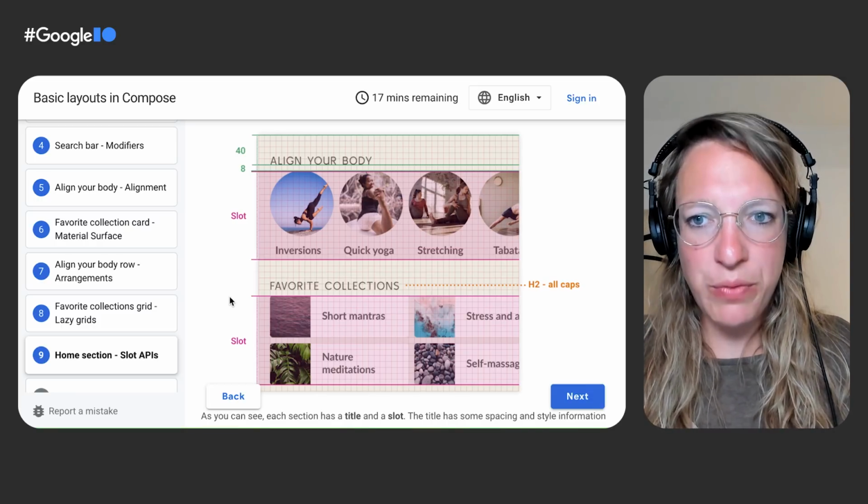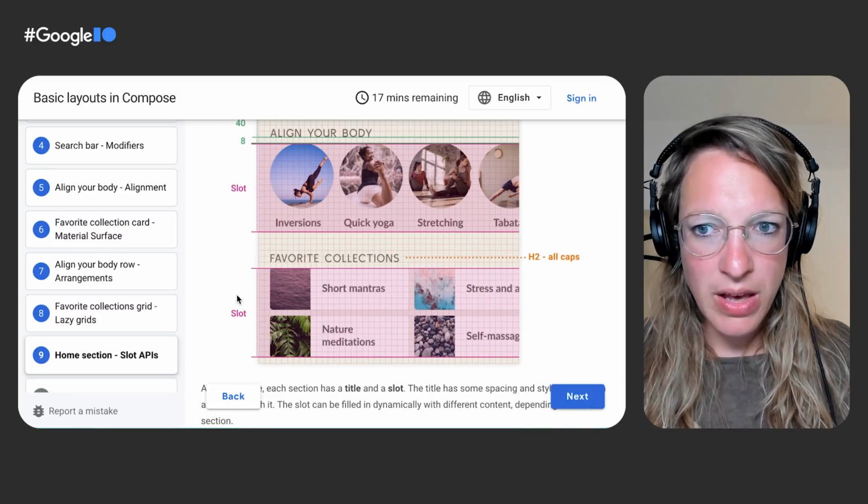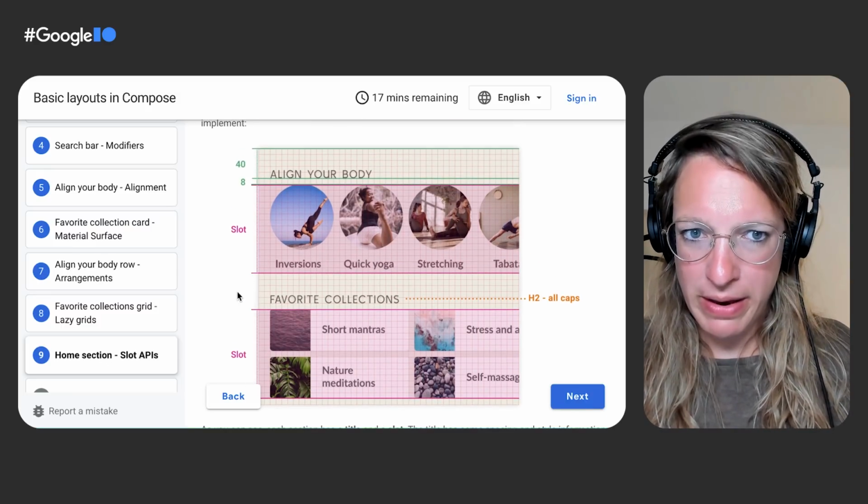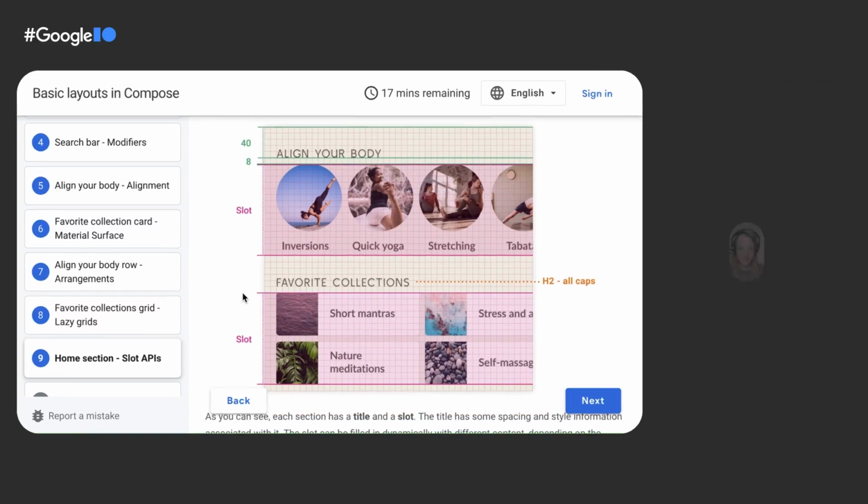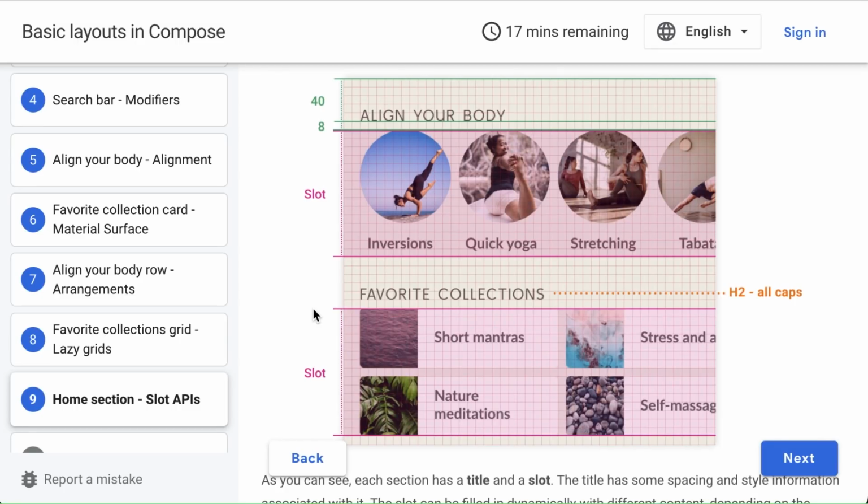And if we want to fill something in dynamically this way, we have to use something called the slot API. And maybe Simona, you can tell us a little bit more about that. Sure. So to implement this reusable and flexible section, we will use the so-called slot APIs that you mentioned, and we want to use them to create a slot-based layout. In general, slot-based layouts leave empty spaces in their UI for the developer to fill in as they wish. We've seen them in the previous step when we actually implemented the search bar. The leading icon and the text parameter of that search bar were slots that we filled out with our icon and text composables. In our current case, we can create the slot for the content of the section.